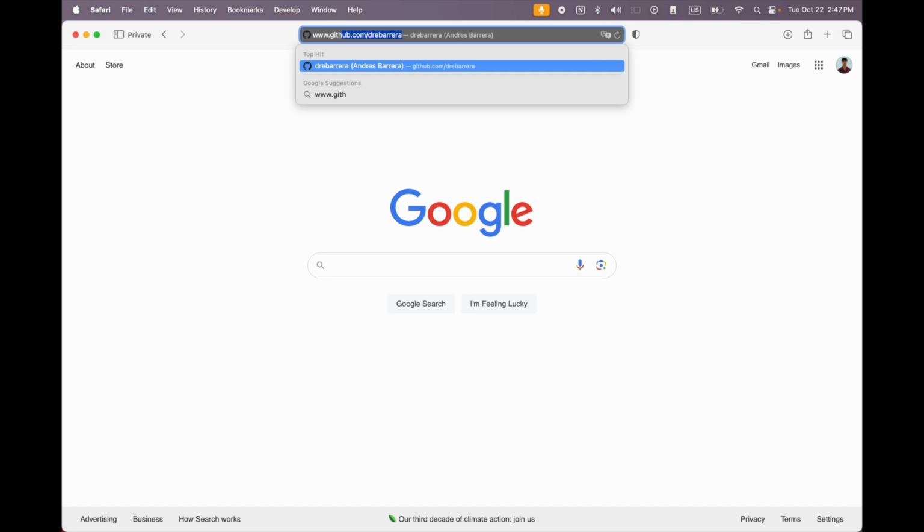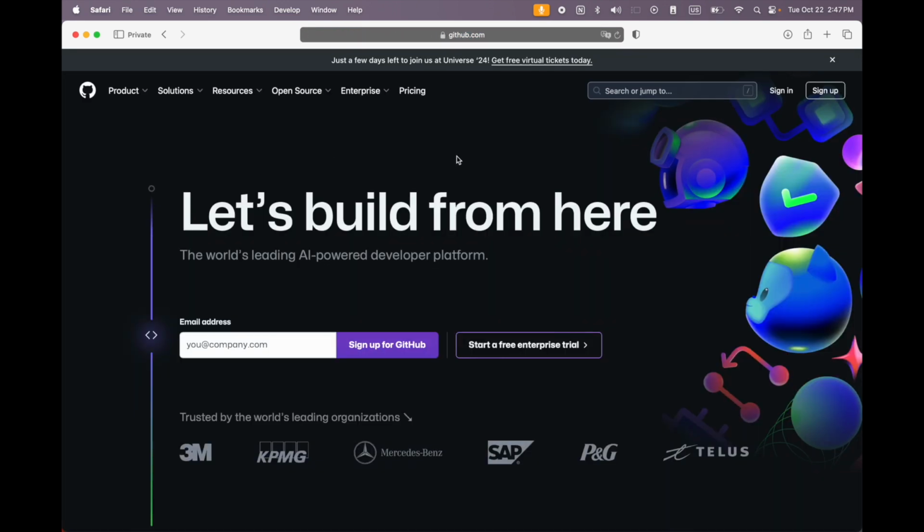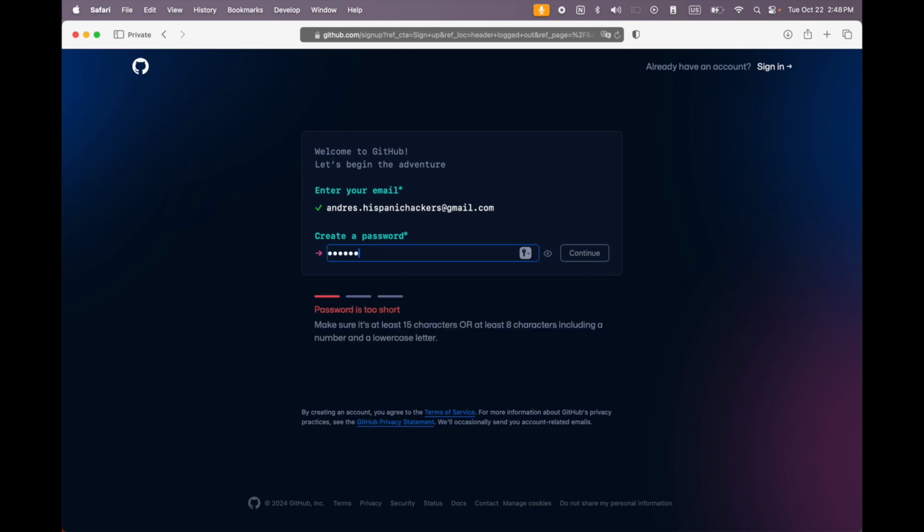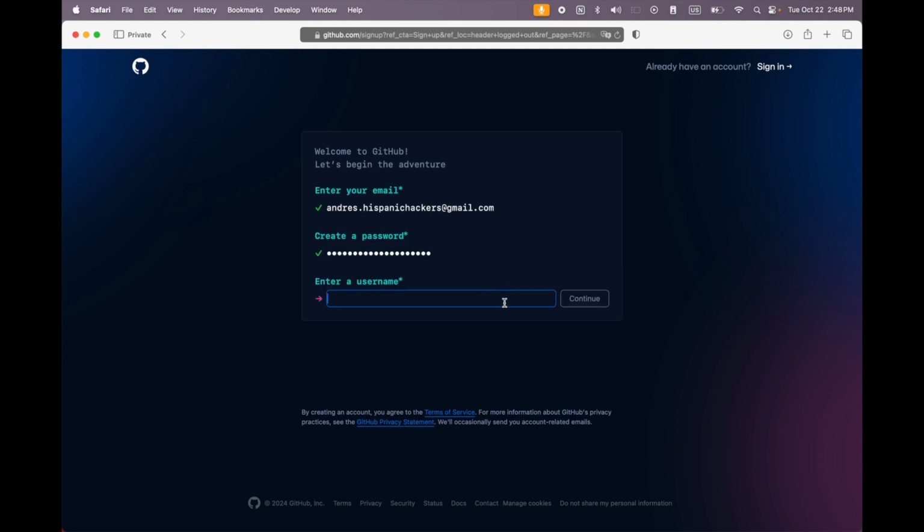So now you're going to want to go to github.com. We're going to want to hit the sign up button. We're going to enter our new email, andres.hispanichackers@gmail.com. If you already have your own email, just put in your own email, and you didn't create a new email. And I'm going to create a password. Suggest new password. There we go. And now I'm going to say Andres Hispanic